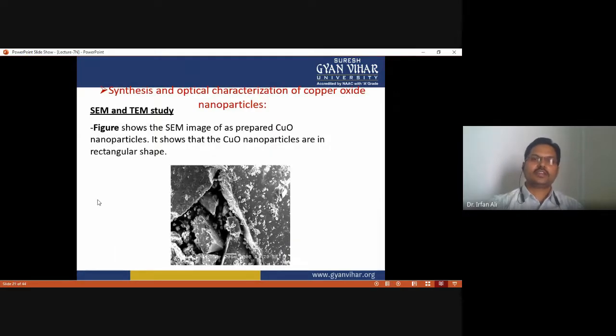So, how can we synthesize and optically characterize copper oxide nanoparticles? Okay, so this figure is the scanning electron micrograph of a prepared copper oxide nanoparticle. It shows that the copper oxide nanoparticles are in rectangular shape,